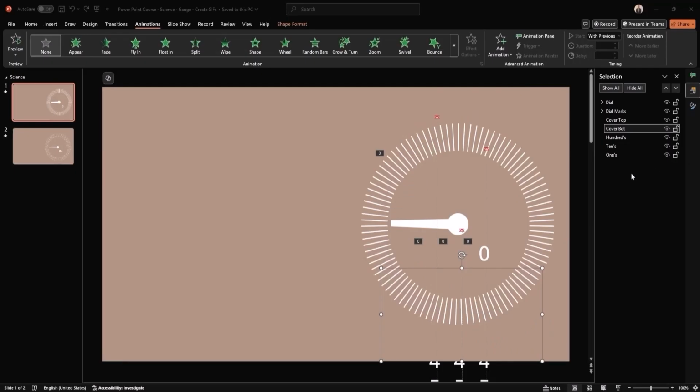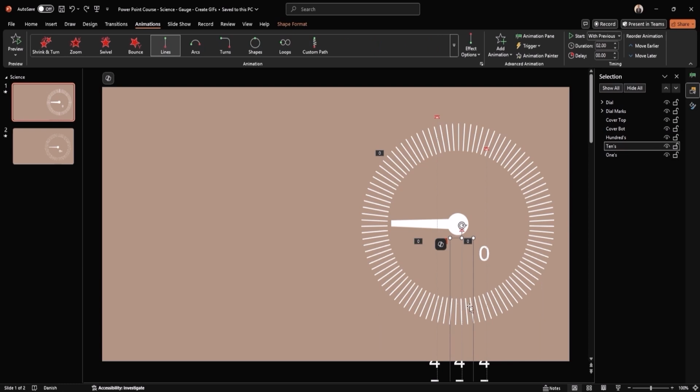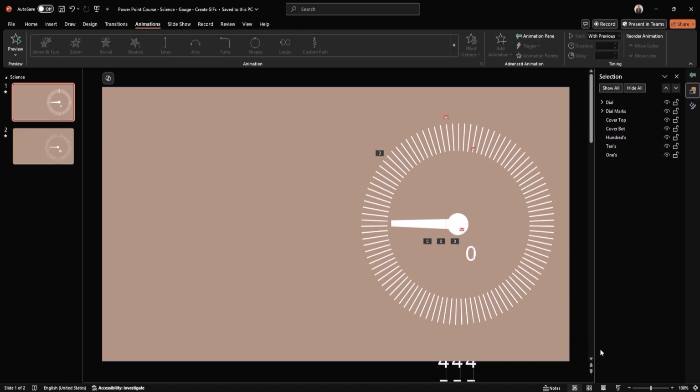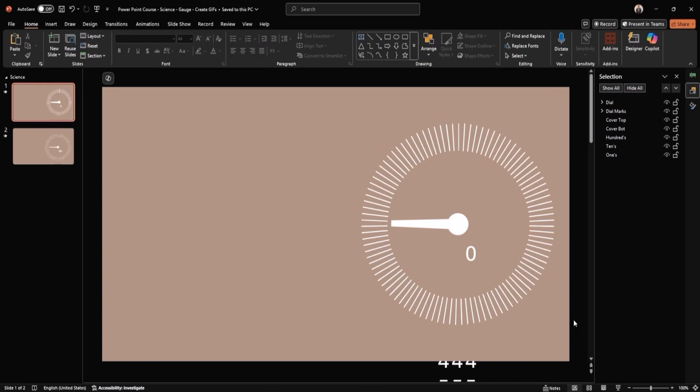Good. But the numbers need to be slightly closer together in my case. Let me fix that and check it out again. Nice. Let's add the percentage box, and we're more or less finished.